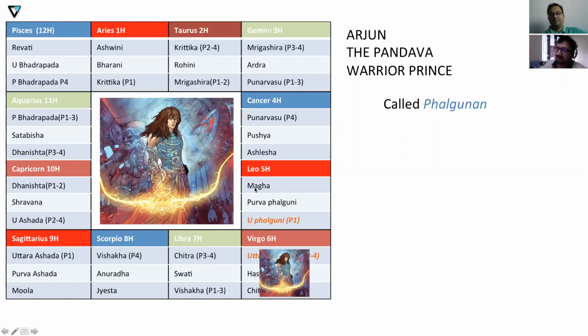So the 10th house from Arjuna's moon is again that of bow and arrow, or he was a great archer. That's his claim to fame again. And he was also called Phalguna. Moving forward,